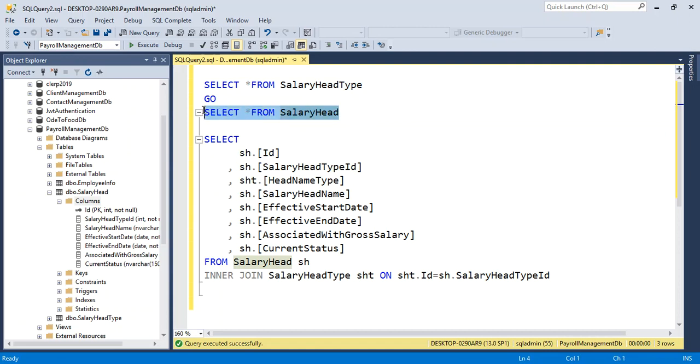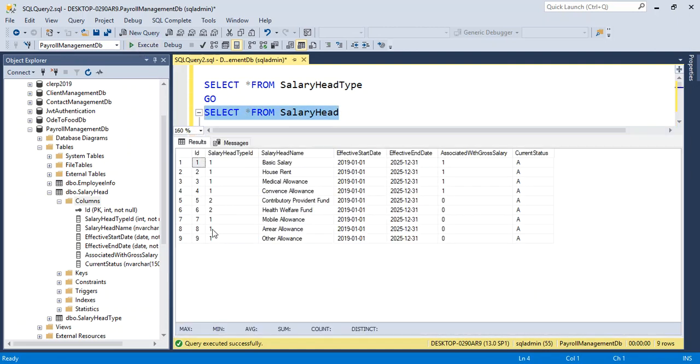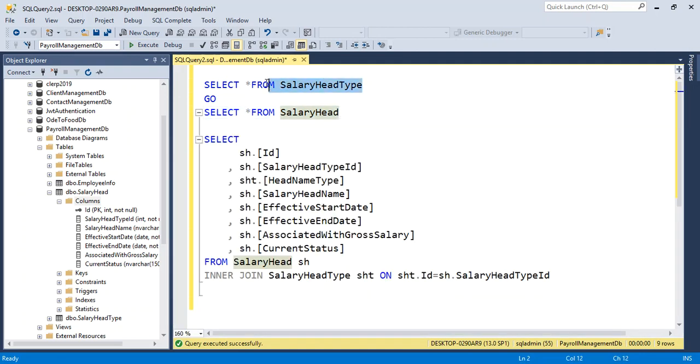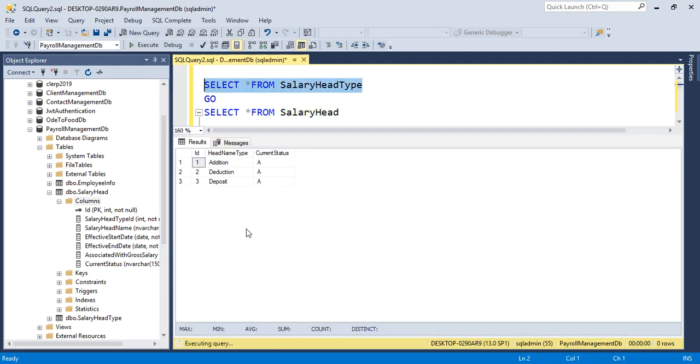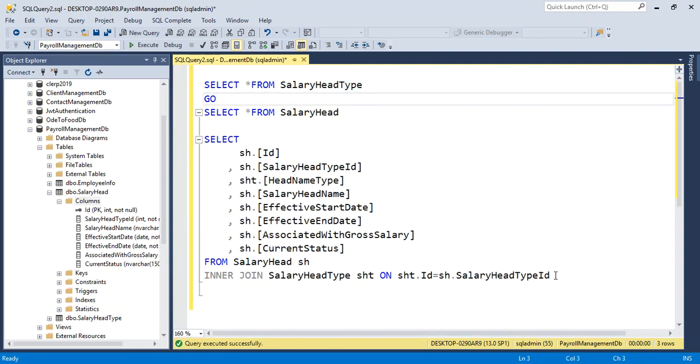And if we select this, yes, we have 2 IDs for salary head type, 1 and 2, and that's the reason we have not found the deposit ID 3 in salary head. This is the main reason of inner join, because inner join is applicable for both two tables